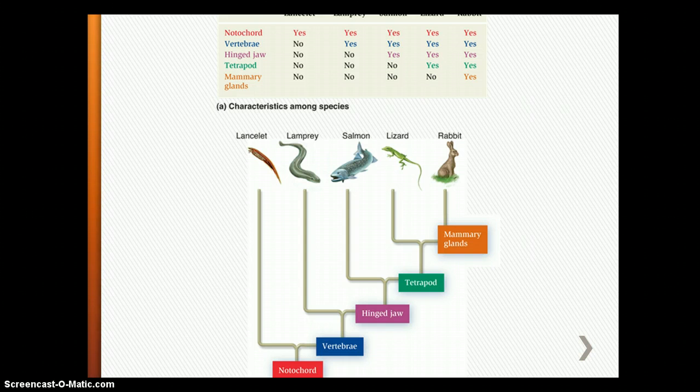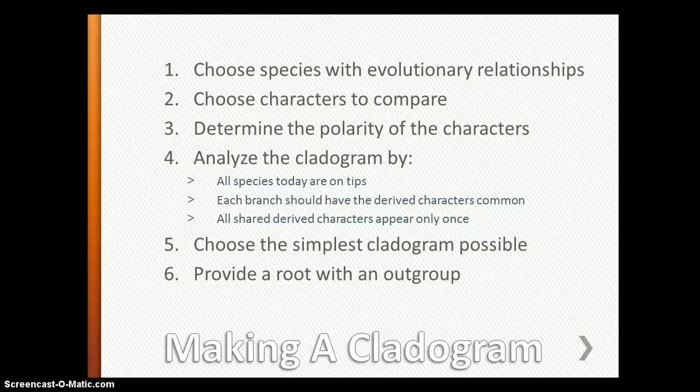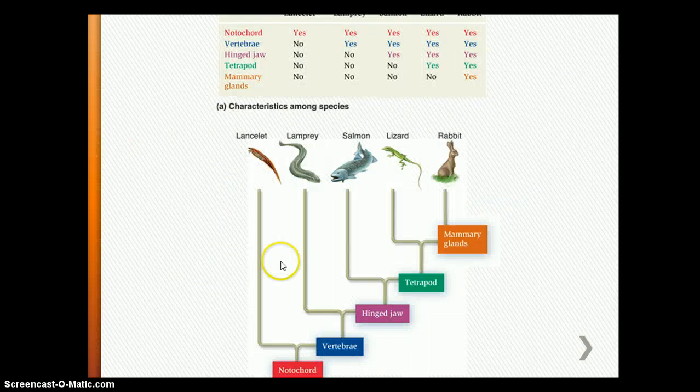Here's another example of a phylogenetic tree. And as you can see on the top, it's the characters, and this is really how you would start to make a phylogenetic tree. So you take the first character that you can think of. And so, as you can see, the lancelet, which is farthest to the left, has a notochord,